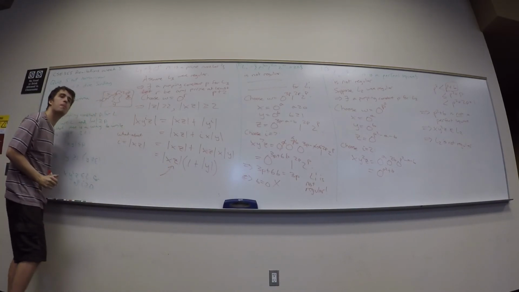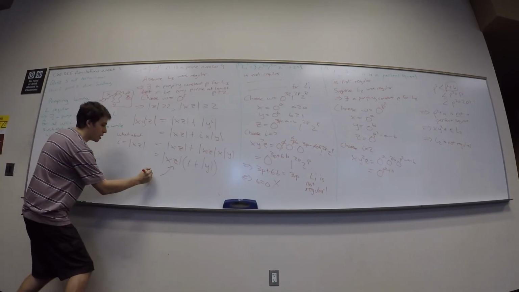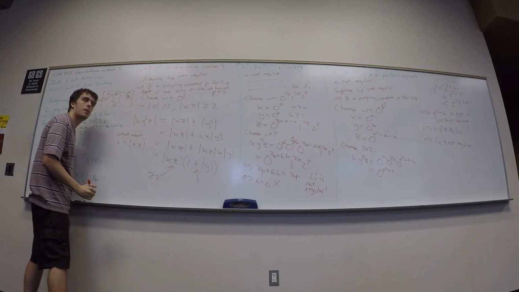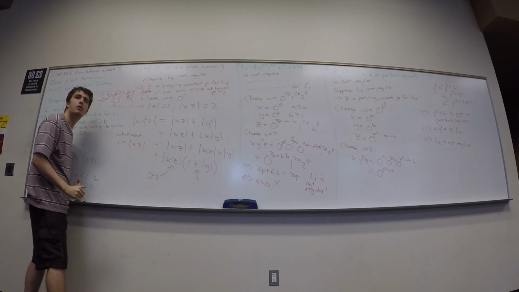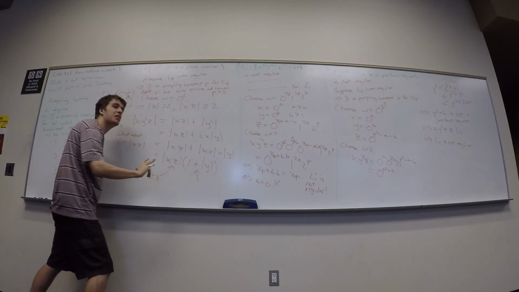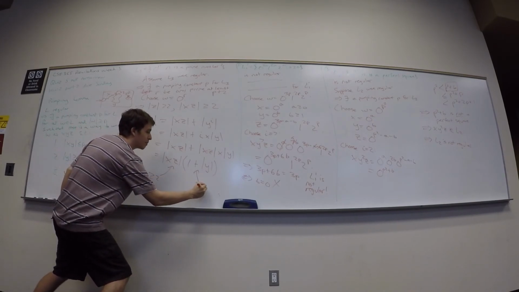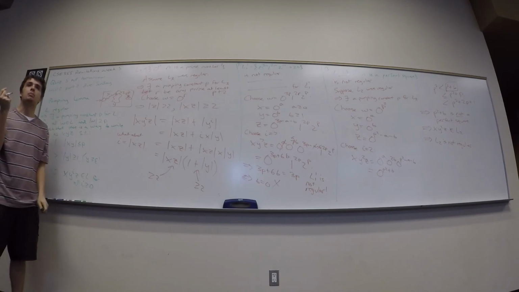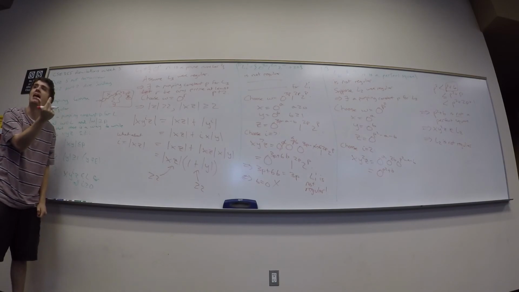What is the length of xz? Greater than or equal to 2. That's all I know. What is this? Do I know the length of y? Or a lower bound on it? 1. What's the smallest value that 1 plus the length of y can take on? 2. So I've just made a string that is the multiplication of something at least 2 and something else also at least 2. Can that number be prime?